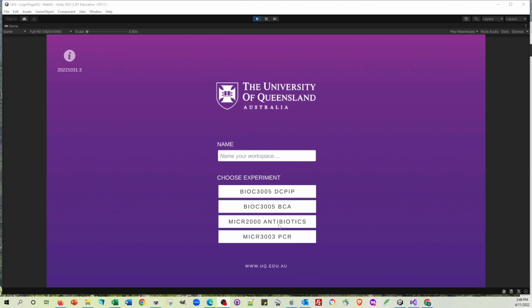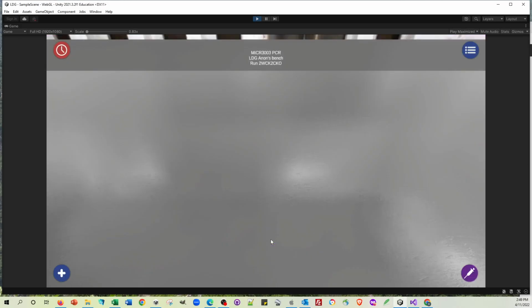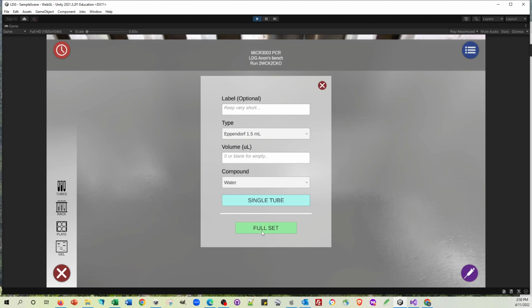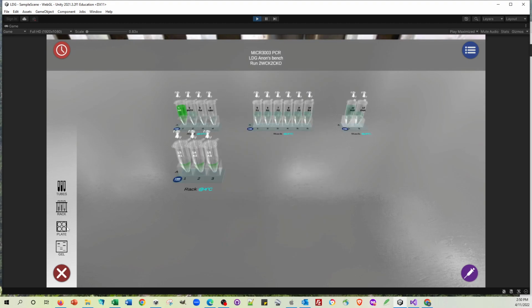Okay, so the first major change is that we can now report on what's in each tube before we do the run. So what I've done here is set things up so that we've got all the original chemicals, all the primers, the dNTPs, the polymerase, the buffer, and so on. And instead of